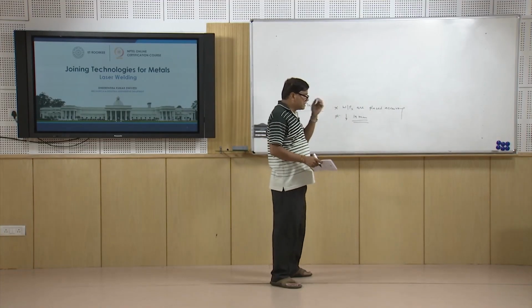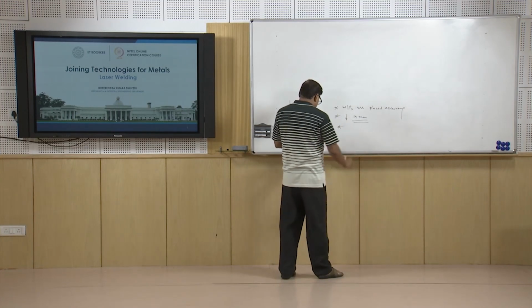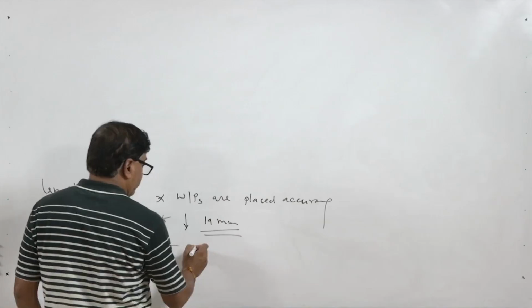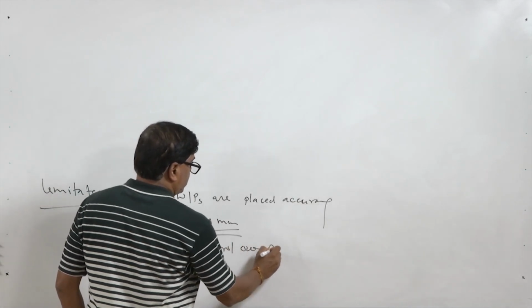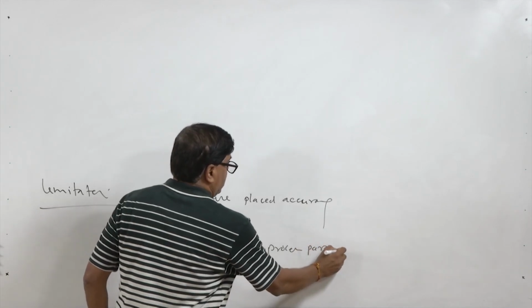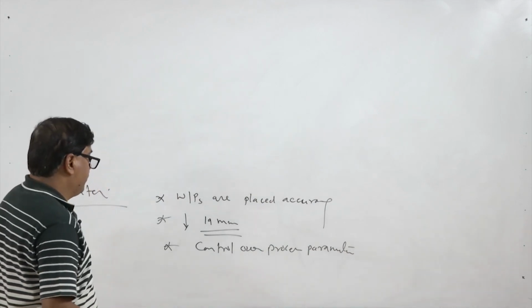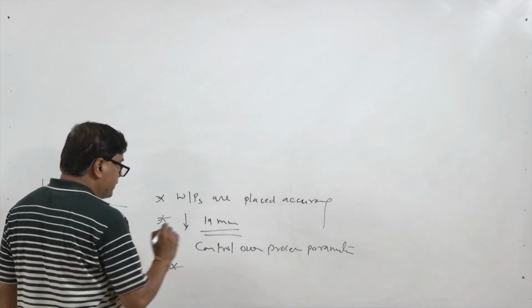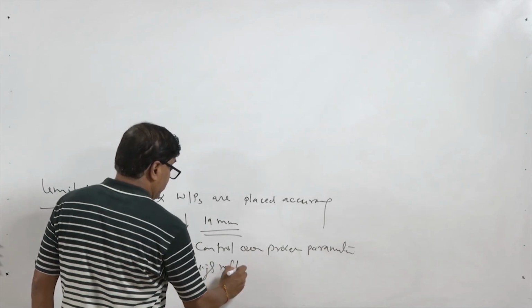So, it is like say up to 2 centimeters only that it can be welded, and very good control over the process parameters is needed. Otherwise, we may get inconsistent penetration. And the issue related with this is that high reflectivity